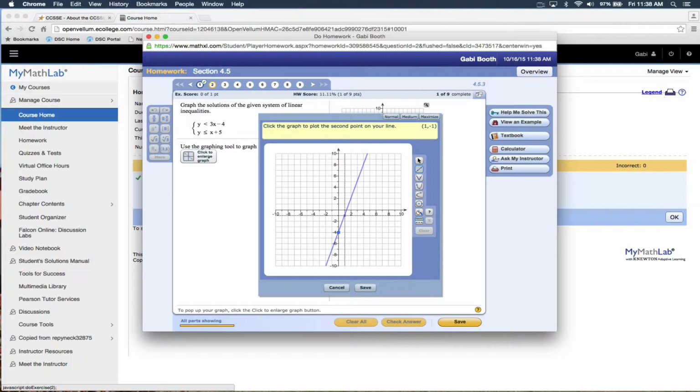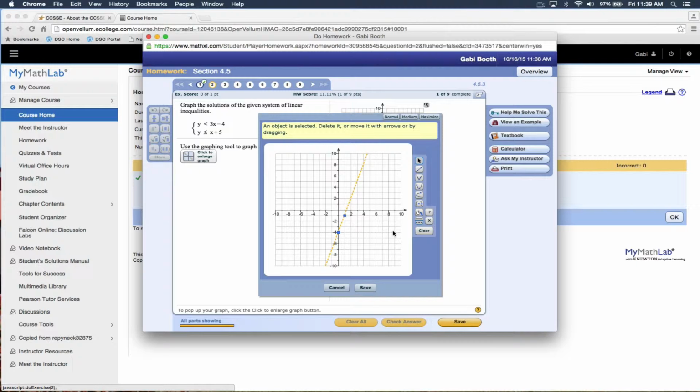And I click on the left mouse, and now you see, first of all, it's a straight line, but since the equal sign is not included, you have to make it a dashed line. So you go over and you click on make selected object dashed. So now you have a dashed line,